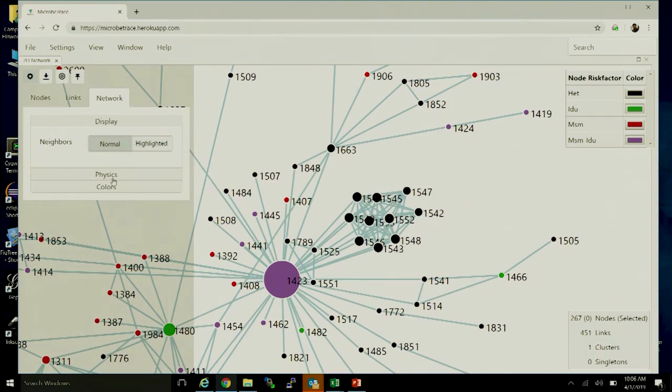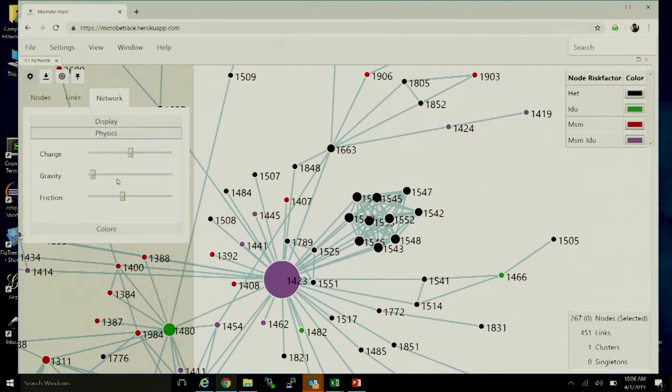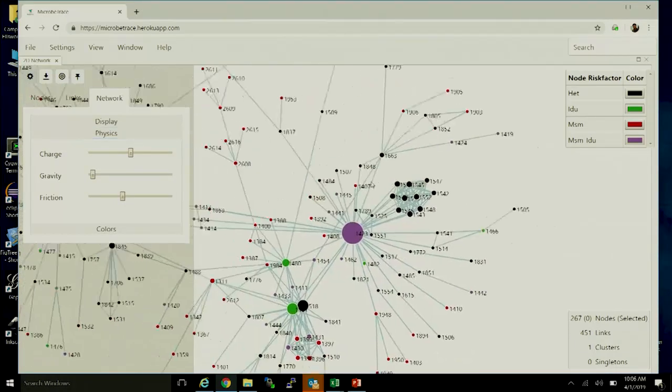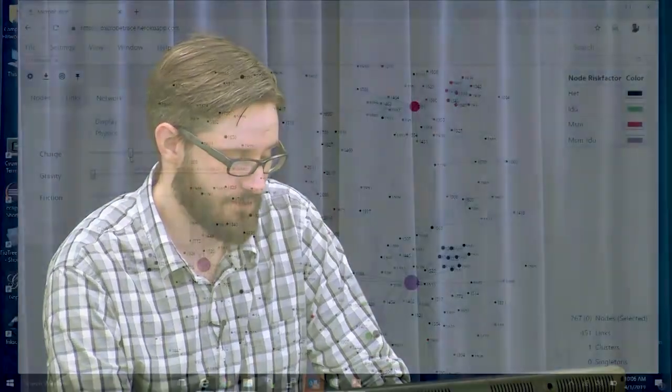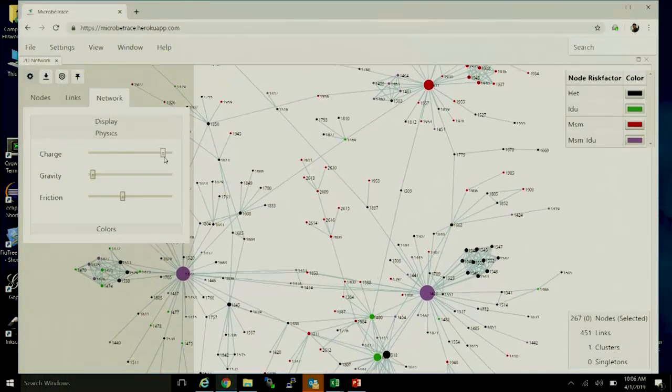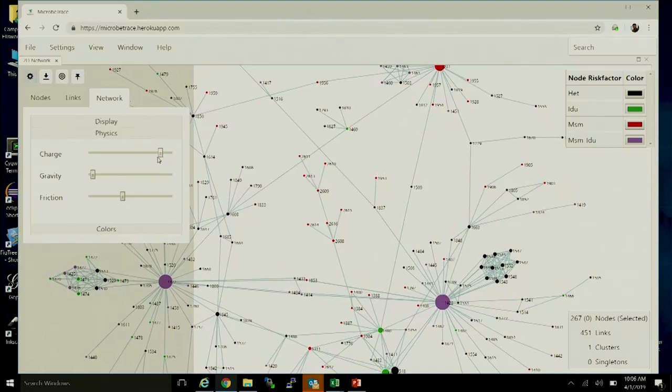We can turn that off and then open up the physics tab. The physics tab really enables you to customize the physics simulation where the nodes, or the circles, are pushing against each other. So here we have a charge slider bar. This indicates the charge that each individual node